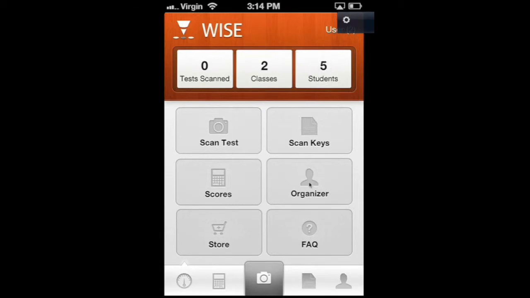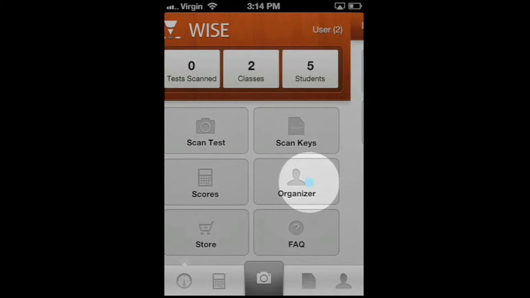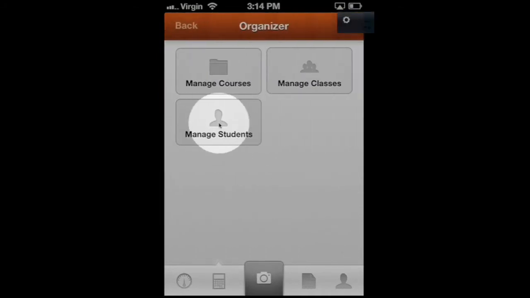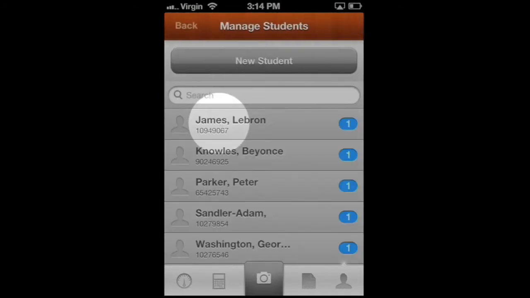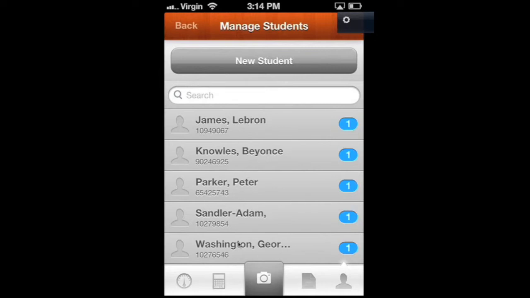So Adam, I need to edit, so I'm going to go into the organizer, and I'm going to go into manage students right now. And you can see that the 5 that we had in there are going to be organized by last name, and they all have the blue 1 here saying that they're each assigned into one class. They're all in my first hour chemistry class. And Adam is the one that I need to edit. So I'm going to click on him,